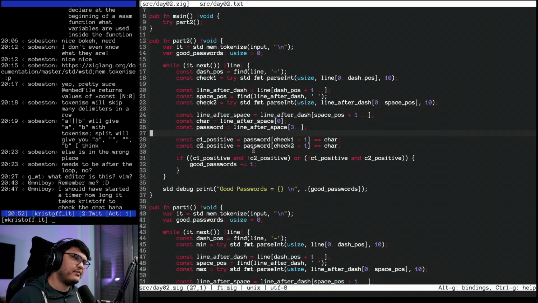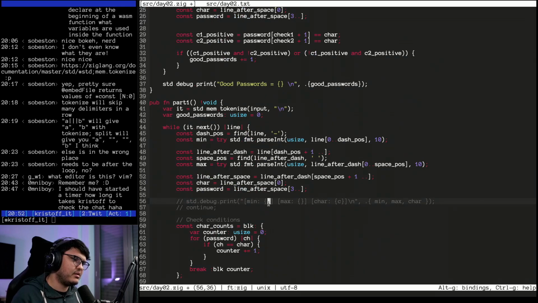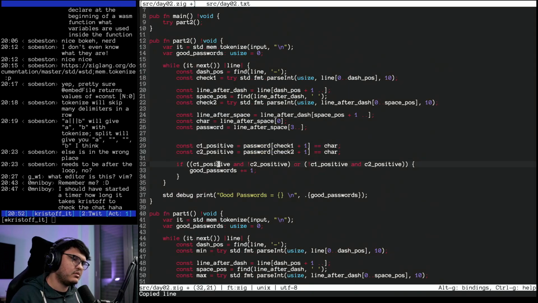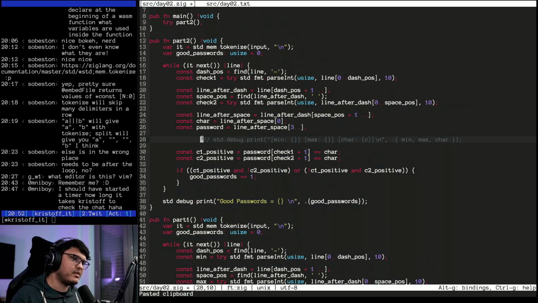I would like for this to print what the password and the check are. Let's see, can we copy this? Yeah, I'm going to copy this. Oh, this is not pasting everything in a new line automatically. That's disappointing. Max char. Okay, and I think I want password then.